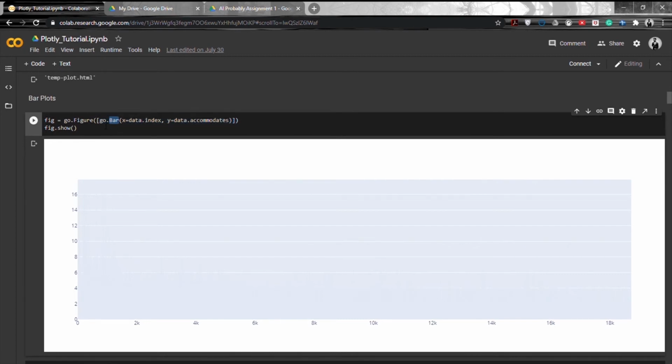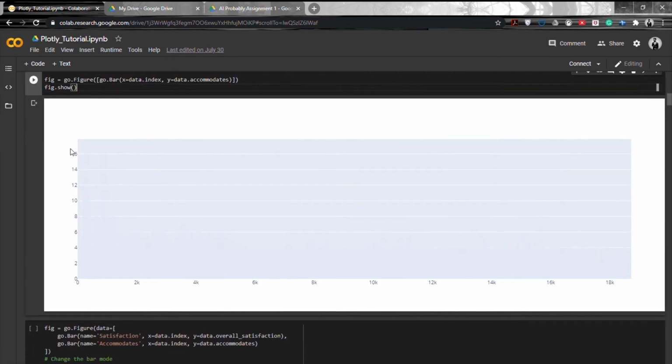So go.Bar, and it has two attributes, which are x and y. It has many more attributes, but since we are constructing a simple bar plot, first we'll be seeing the simple things. So on the x-axis, I'll be having data.index, and on the y-axis, I'll be having data.accommodates. Then we just have to enter fig.show, and it will show.